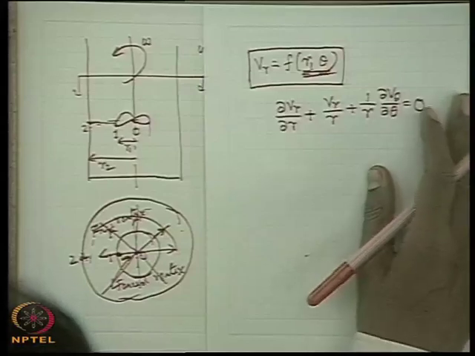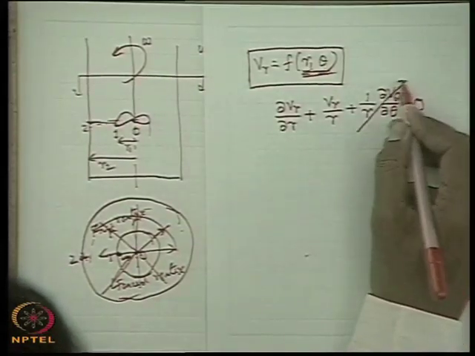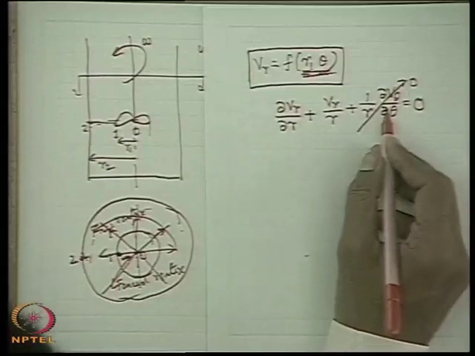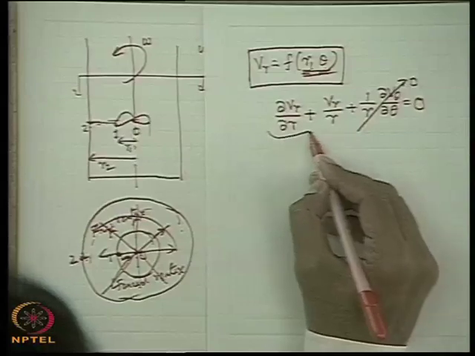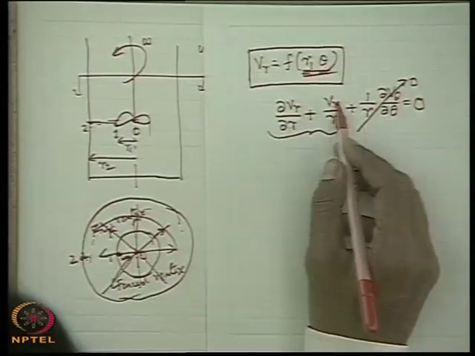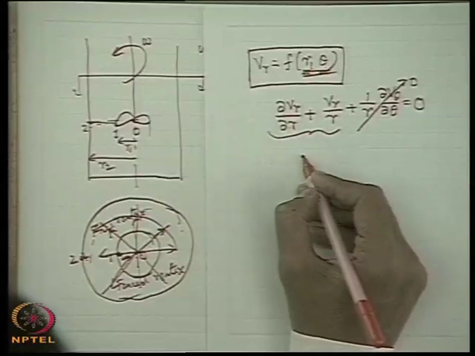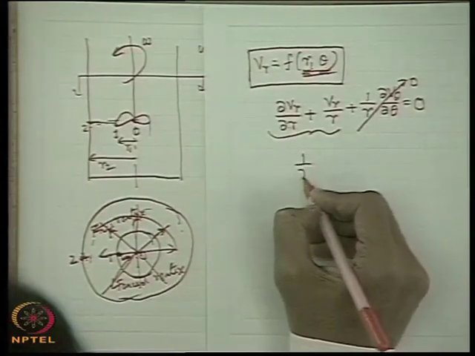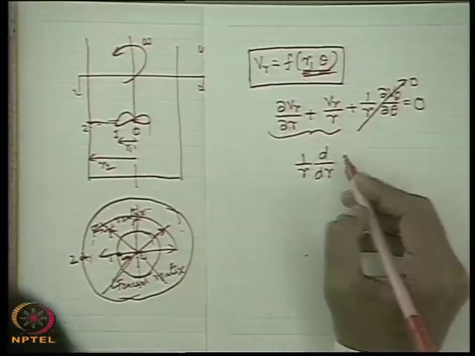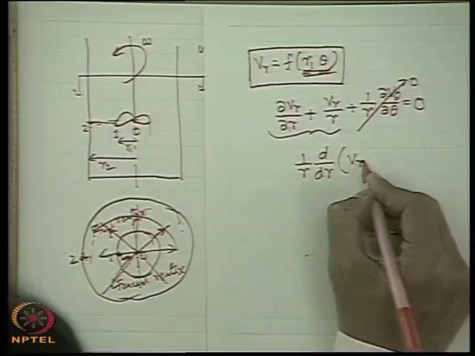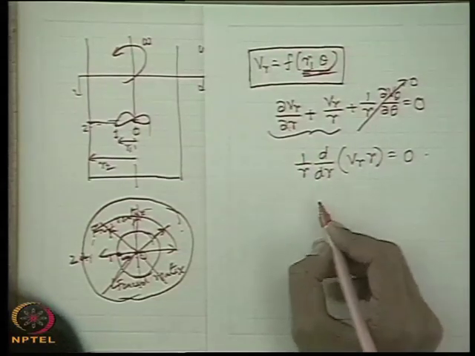Alright. So we see that del V theta del theta is 0 because we have already found that V theta is a function of r only. So V theta is not a function of theta. Therefore, the continuity equation tells us del Vr del r plus Vr by r is 0, which can be written, now writing del in terms of d, as 1 by r d dr of Vr into r is equal to 0, because Vr is a function of r only.